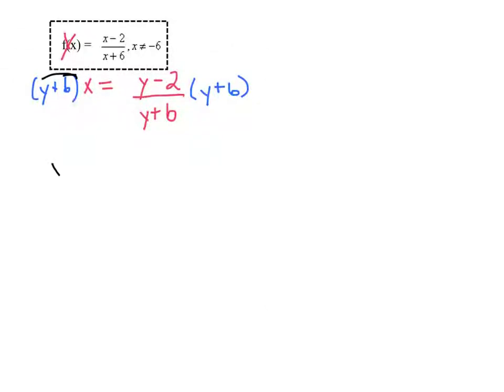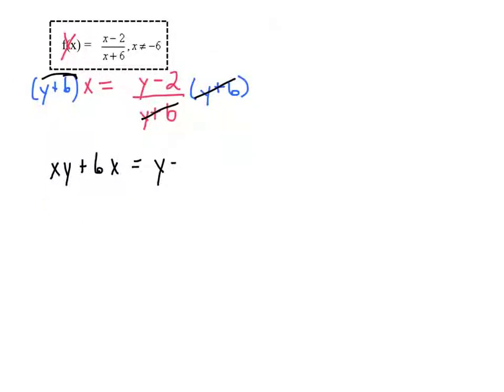So I'm going to start the same way. Make that a y. Change the variables. So x equals (y minus 2) over (y plus 6). Because I want to solve for y, I'm going to multiply both sides by y plus 6 so that I don't have to deal with that fraction. Okay. So now, if I multiply this through, I have xy plus 6x equals, those cancel out, so I have